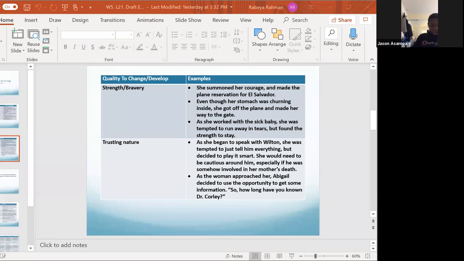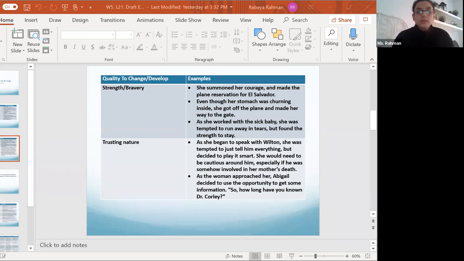In the beginning, my character was a spoiled brat, and nobody liked him. But because of his father's death, he began to learn that not everything comes easy. And then as the story goes on, he begins to learn that. Okay, do you have a specific line you want to share with us that shows how you use either details or sensory language to show us that?